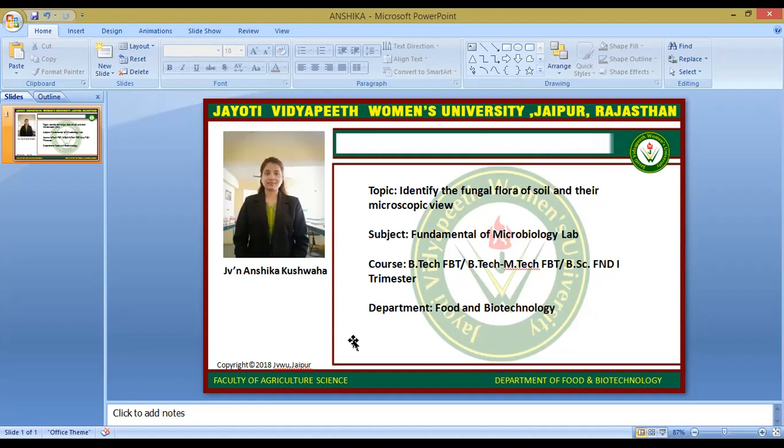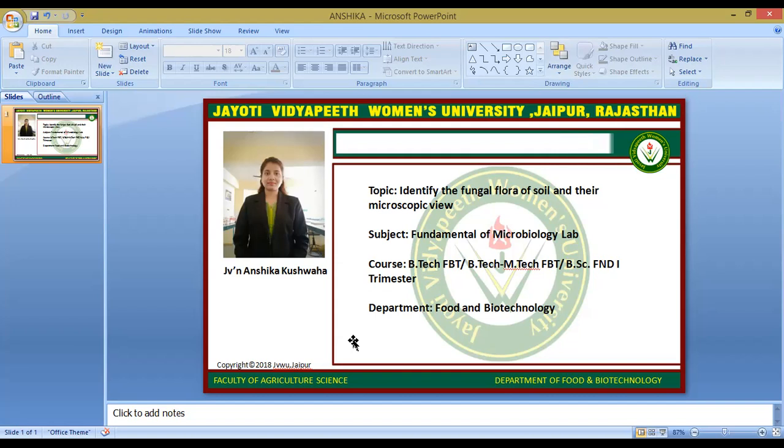So in this we require several things like soil sample, glass rod, soil mixture, then distilled water, test tubes, 10 in number, and petri plates, 10 in number, then nutrient media and spreader, and beaker and conical flask which is 100 ml, 2 pieces. Then we need instruments like hot plate, autoclave, microscope.